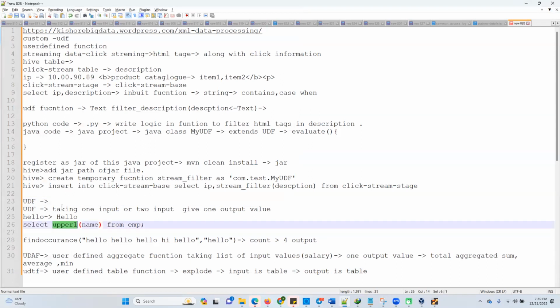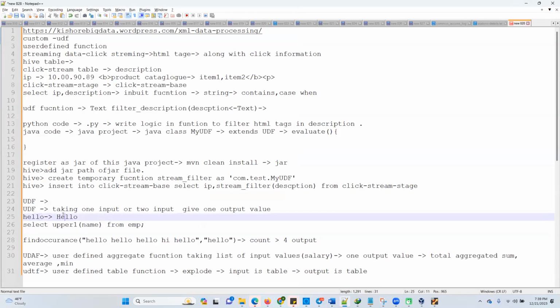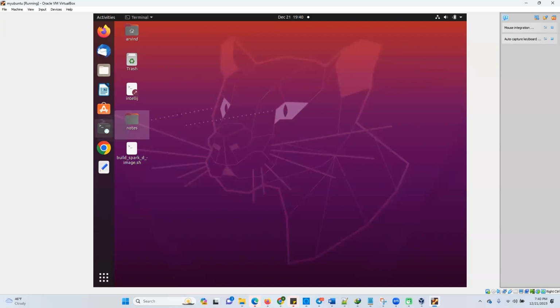This is registered in the Hive session. You can use it for any table. It is not specific to any column; whichever column value you want to convert, you can apply it. Right. Another question: within your Java code or Python code, can you